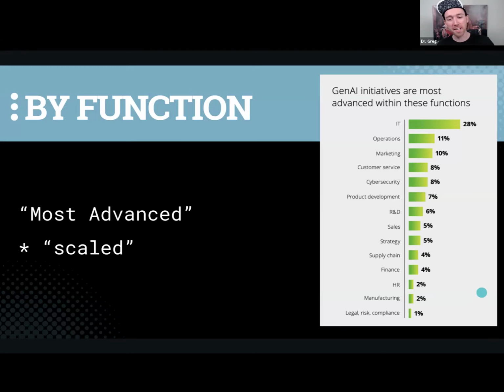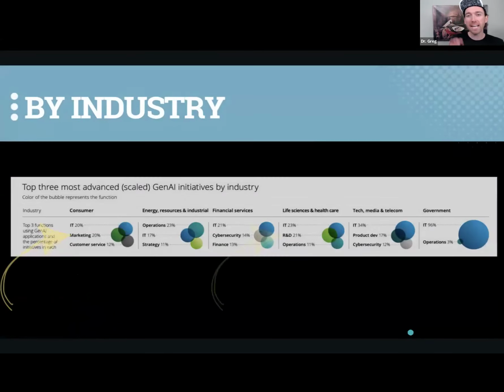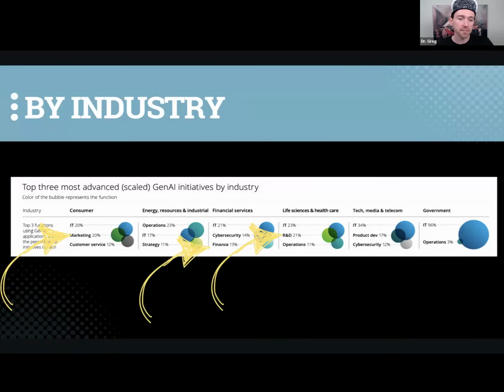Let's dig deeper into the data here. Perhaps by industry, it starts to make a little bit more sense. For instance, if we look in the consumer industry, you see a use case that was quite commonly talked about in 2024. Marketing: write me LinkedIn posts, write me email newsletter copy, write me sales emails so I can bang out a bunch of cold calls. Okay, that makes sense, consumer. Now, if we look in financial services, oh, look, finance is on the list. That one makes sense too.